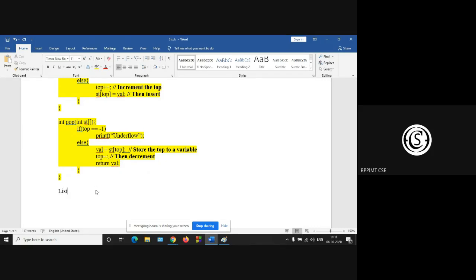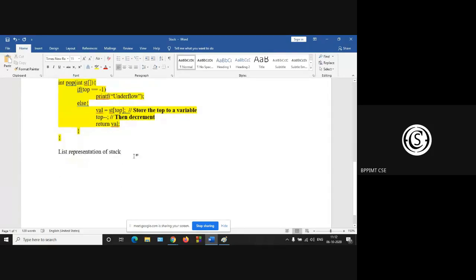Now, list representation of stack. Here the stack will be of type struct stack.